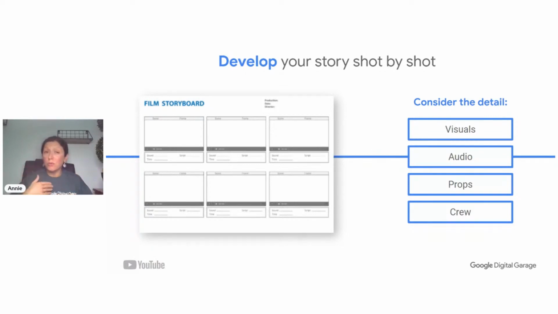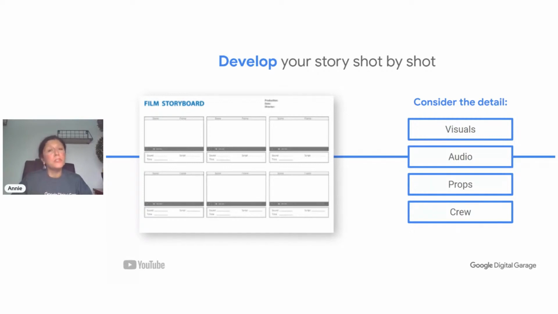Perhaps there's something that you want to showcase in the back of your videos. And also think about the audio. Do we want music? Do we want just voices? What is going to suit what we're doing as best as possible? And props, do we need anything to make it more effective? Is there something that will make it a little bit more compelling? Will it add to the storytelling element if we've got props involved?